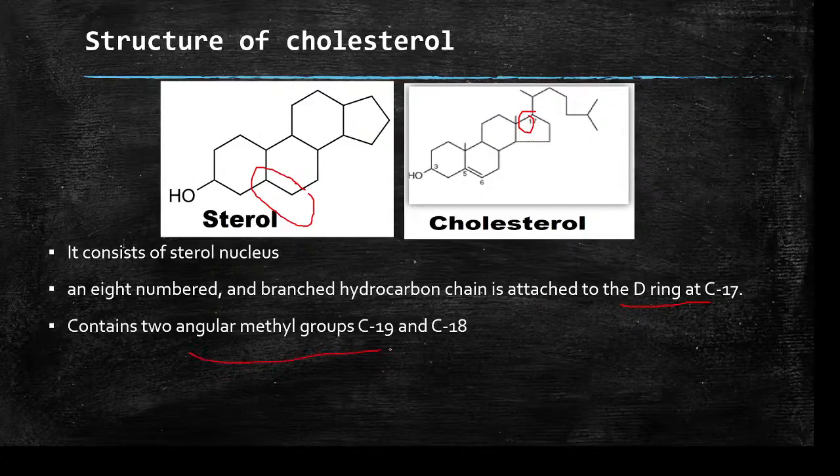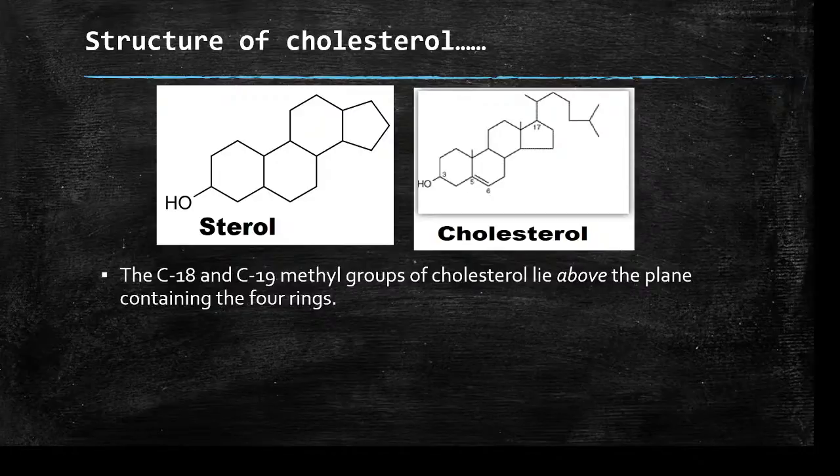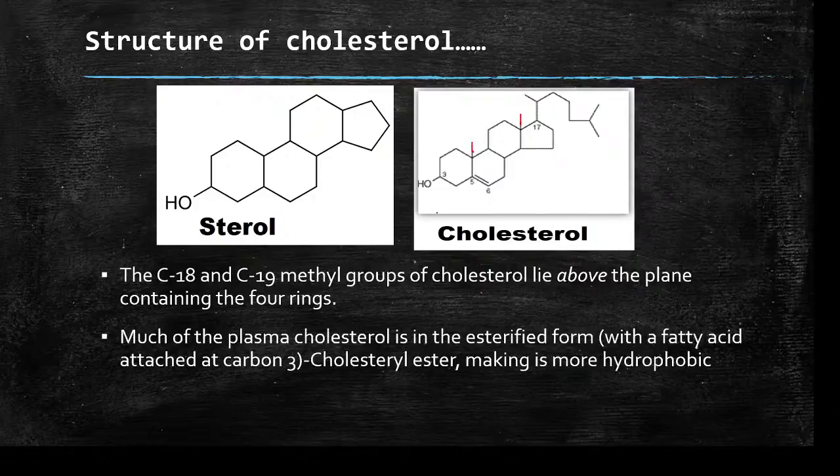It contains 2 angular methyl groups at C19 and C18. So here and here, which are referred to as C18 and C19. The C19 methyl group is attached to carbon 10 and the C18 methyl group is attached to carbon 13. So the C18 and C19 methyl groups of cholesterol lie above the plane of the 4-ring steroid basic nucleus, and much of the plasma cholesterol always exists in the esterified form with the fatty acid